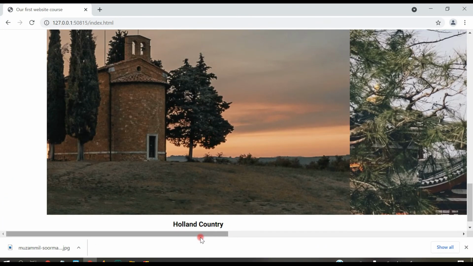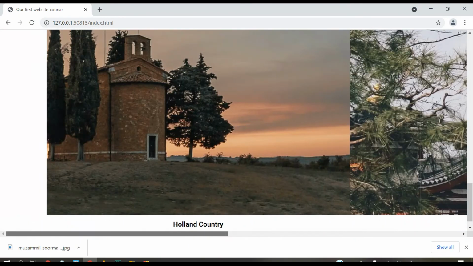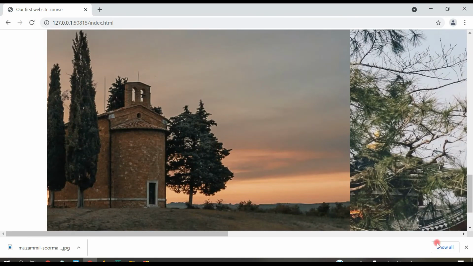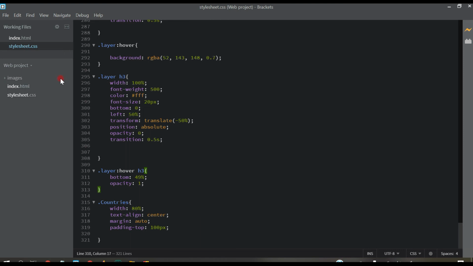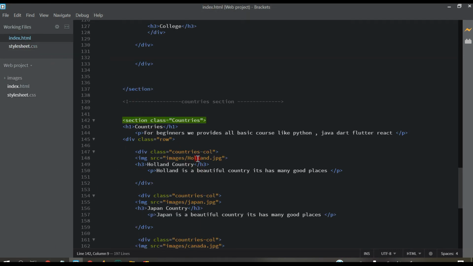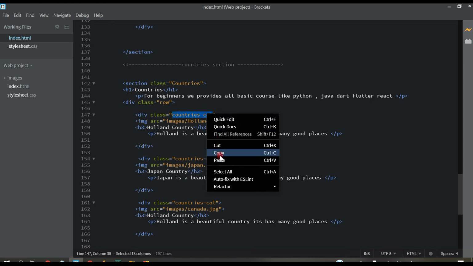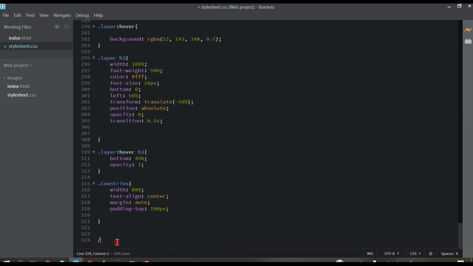So you can see now images are very big, and it's coming horizontally. We want it in accurate size and responsive size. So for that, come here to CSS. First of all, let's copy this countries column class, come back to CSS, and here just write one comment first, countries CSS, and then close this comment.